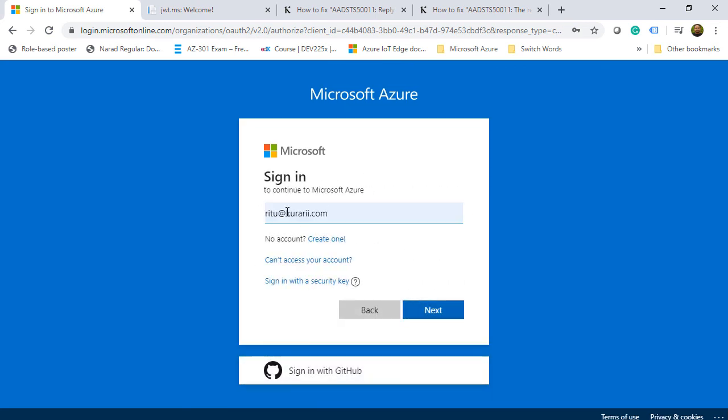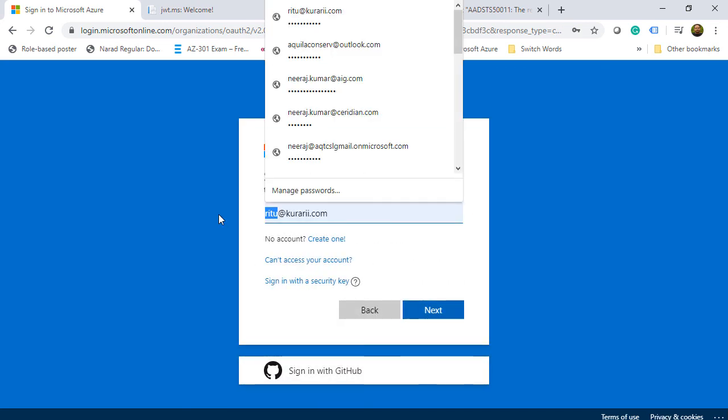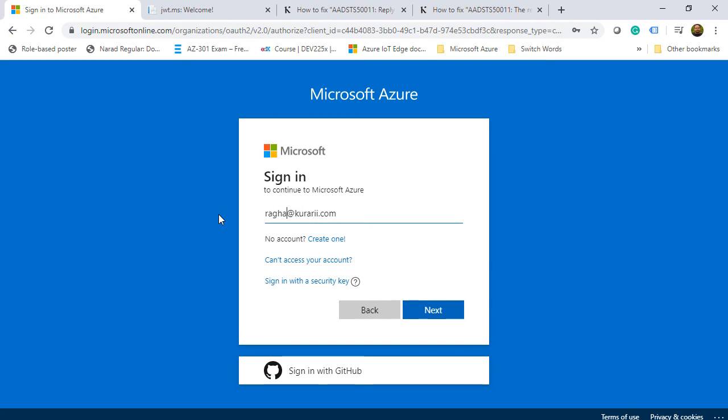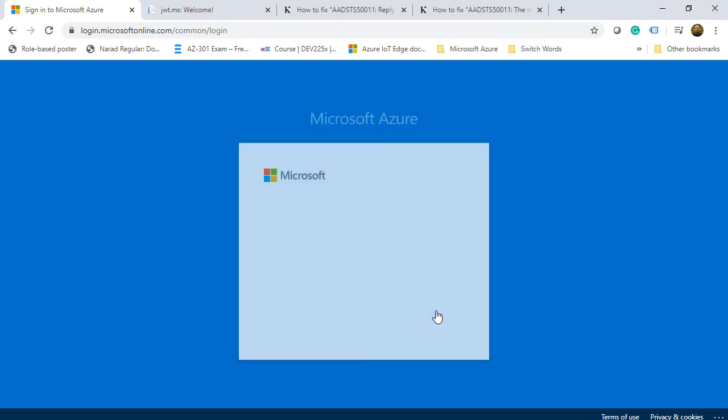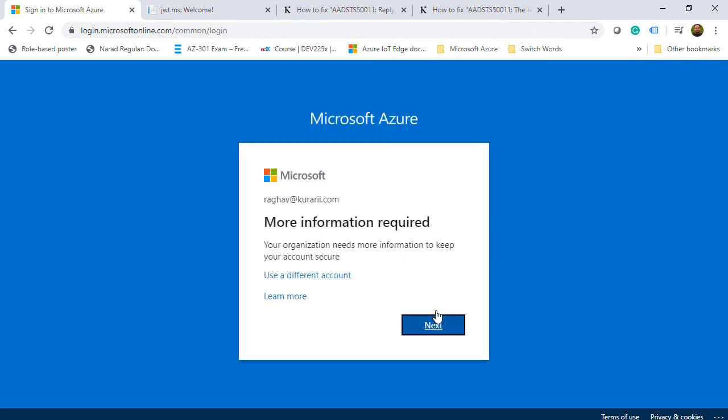So I will type in Raghav. Click on next and sign in. And it says now that more information is required, and the message shows that your organization needs more information to keep your account secure. And this is basically the multi-factor authentication message. So it is coming from the MFA server. I'll click on next